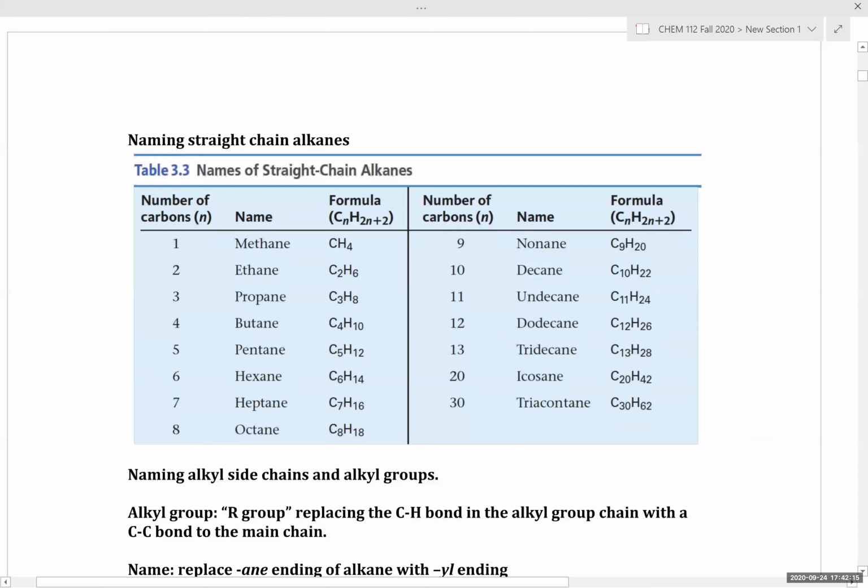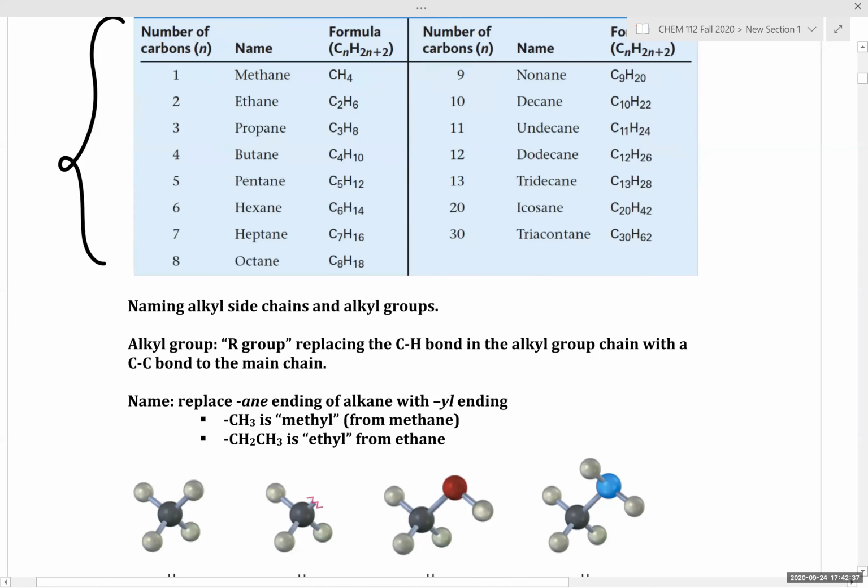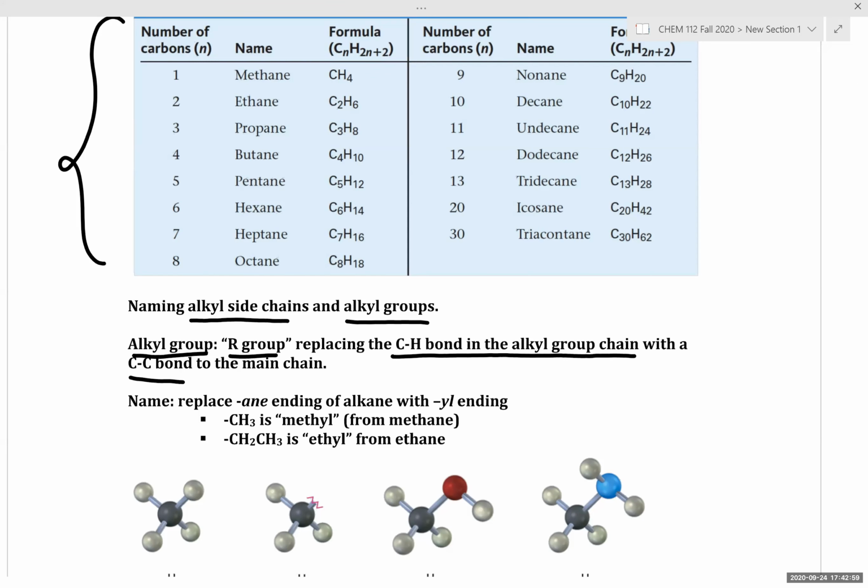So you're going to need to be familiar with the naming conventions for straight chain alkanes. So I provided you the names of common straight chain alkanes as a function of carbon count. We're next going to talk in detail about the rules for naming alkyl side chains and alkyl groups. So an alkyl group, otherwise known as an R group, replaces a carbon-hydrogen bond in an alkane chain with a carbon-carbon bond. So the way that we name an alkyl side chain is you look in this table and